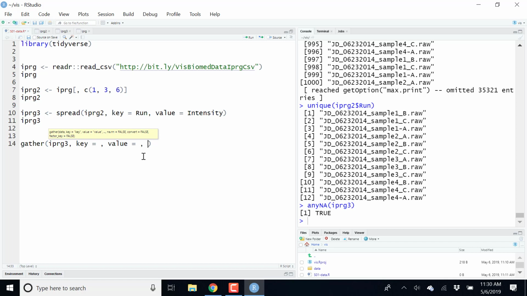And then all the intensities here will be converted into a new variable that we're going to call intensity. Let's not forget, however, that in our dataset IPRG3,